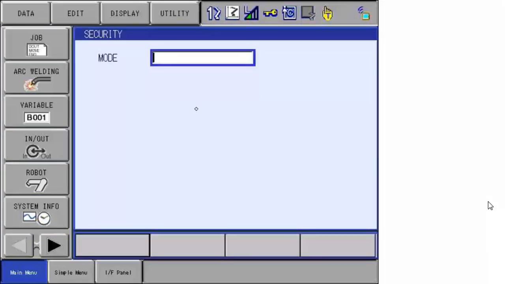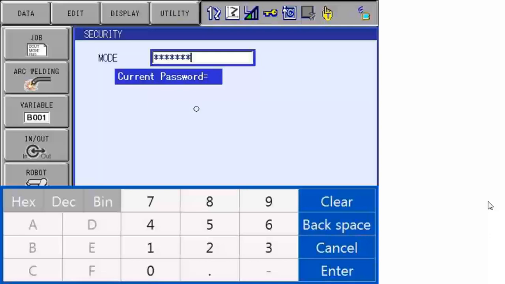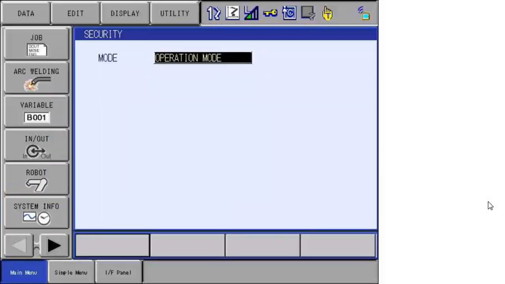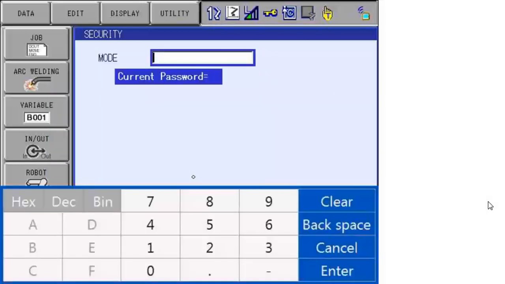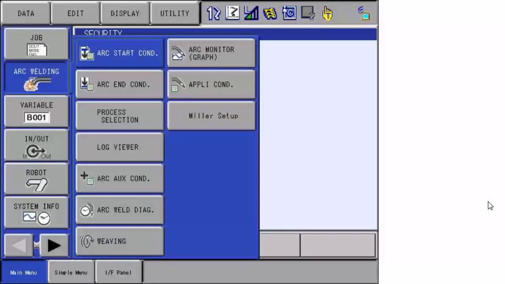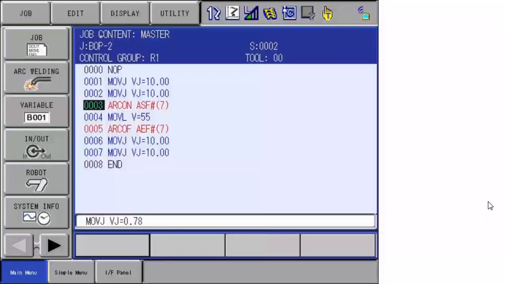Actually, editing mode also has rights to change data. That's settable by parameter. Actually, I had the wrong password. Now I'm in management mode. So let's go back to our job, and we set that for arc start file 7. Let's go look at arc off file 7. If I direct open,